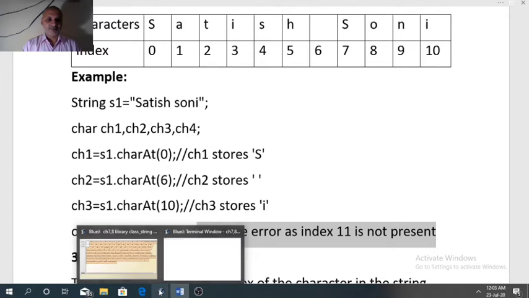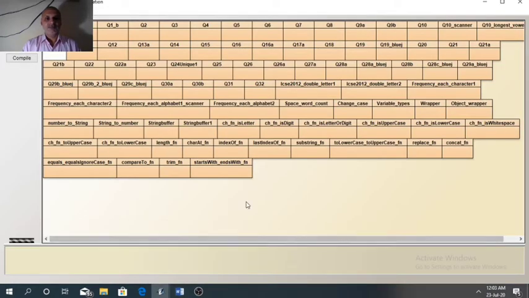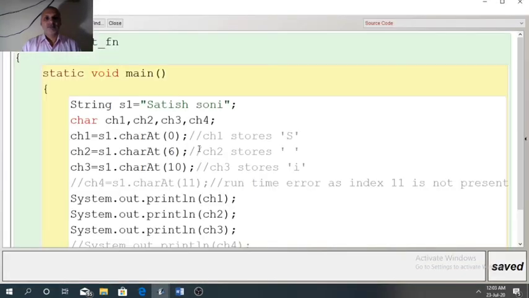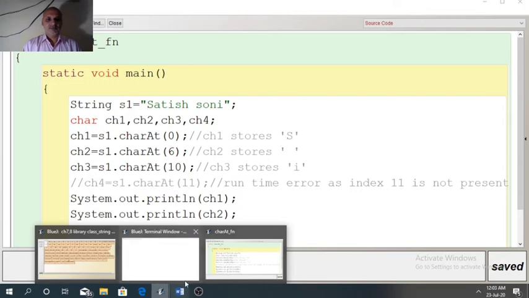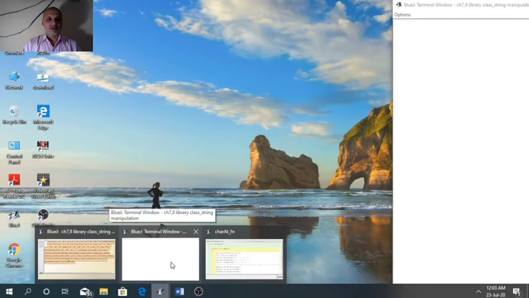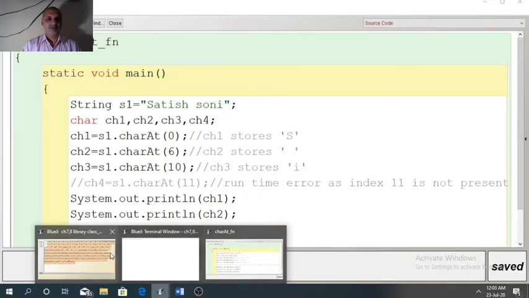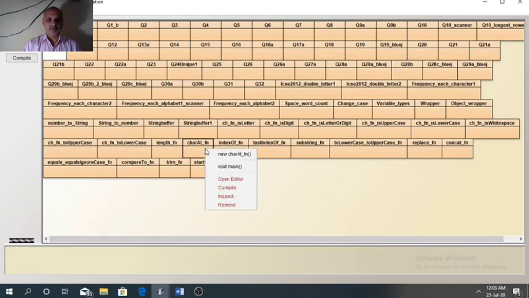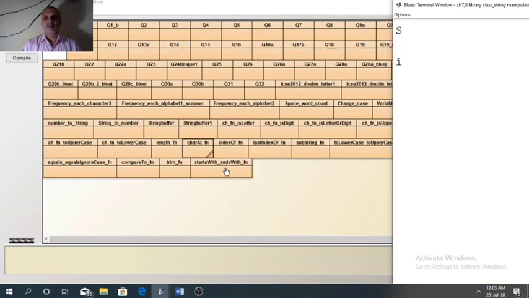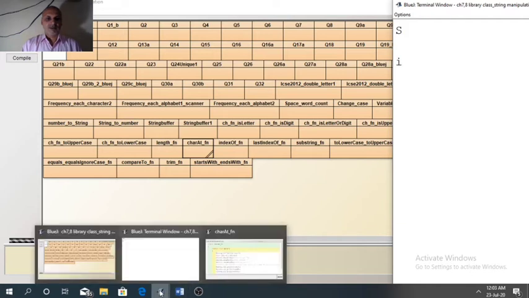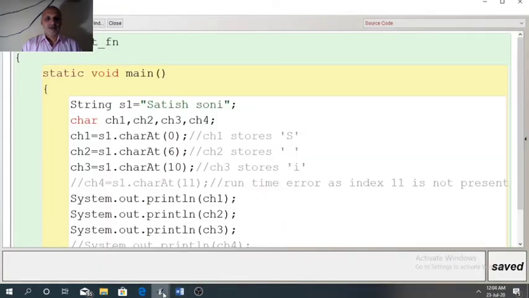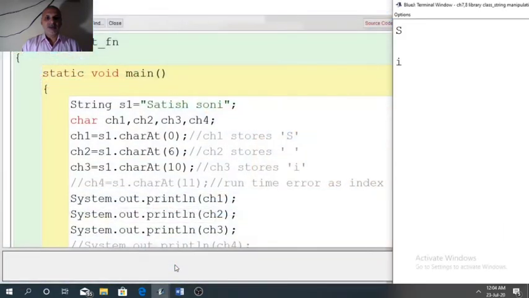Now see the program. Same program we have. Let us see the result. Now verify the result.